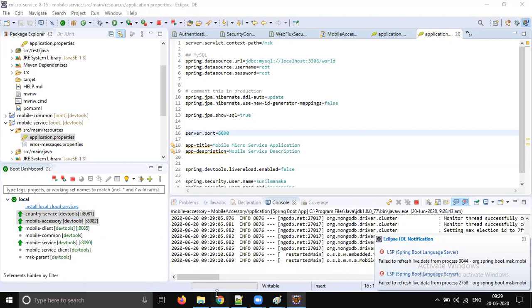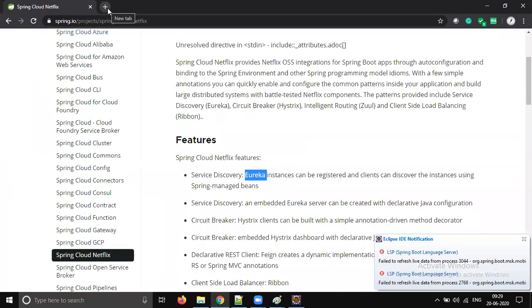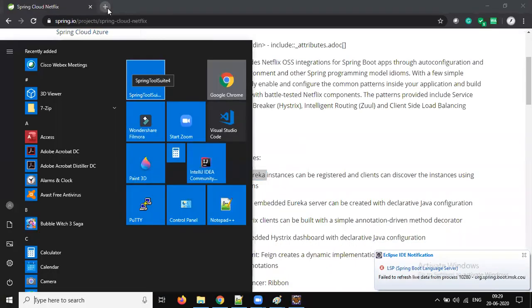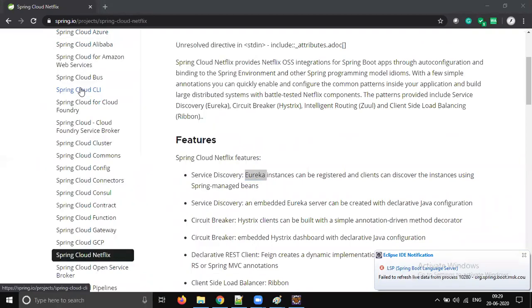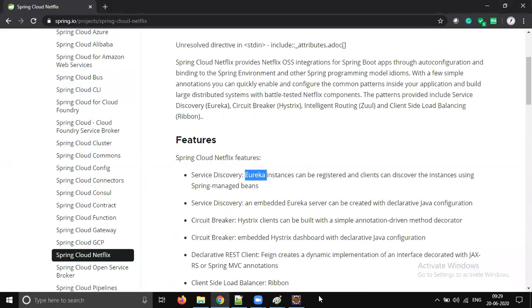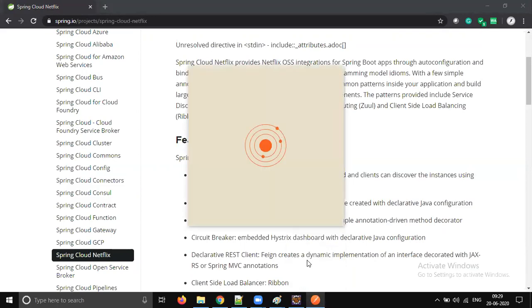But when we try to access it, oh my god, I need to generate a token. Let me open that. We need a token to invoke the client, right? So that's why I'm just starting Postman. Or else we need to disable the security for now.